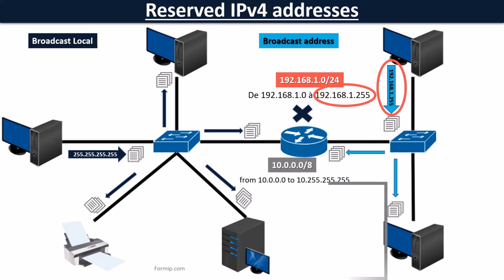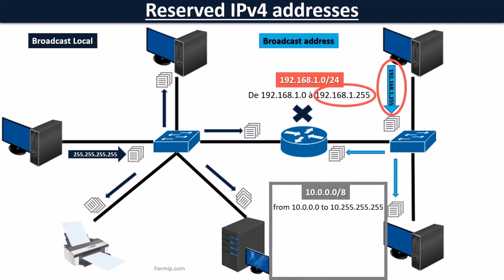Now imagine that we would use a network of class A, for example, 10.0.0.0 with a default mask /8. The broadcast address would therefore be 10.255.255.255. If all addresses of this class are used, it would mean that a ping of the broadcast address would receive a response from over 16 million hosts. The broadcast address can be routed via the intranet of a company and also on the internet.